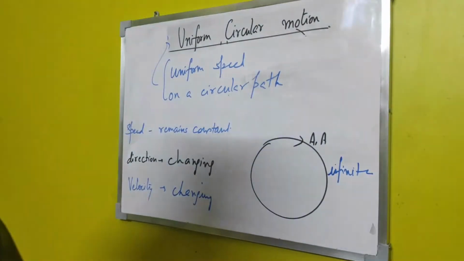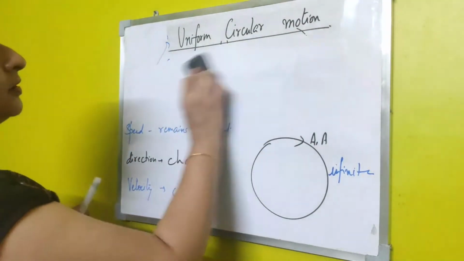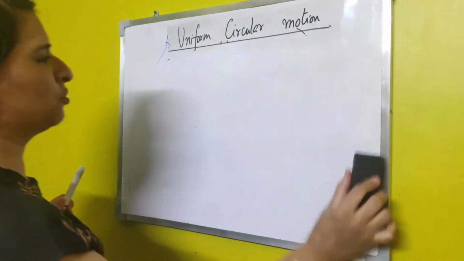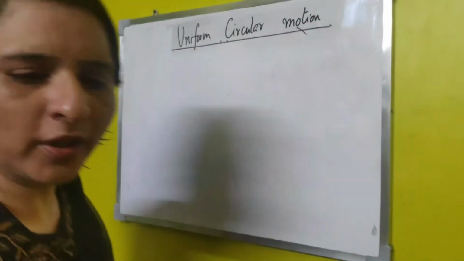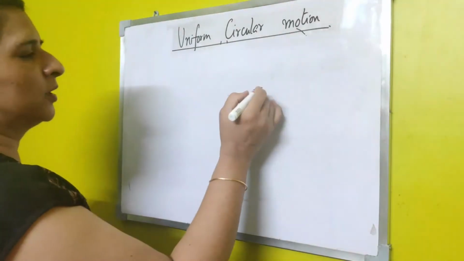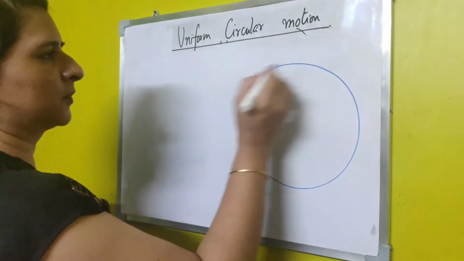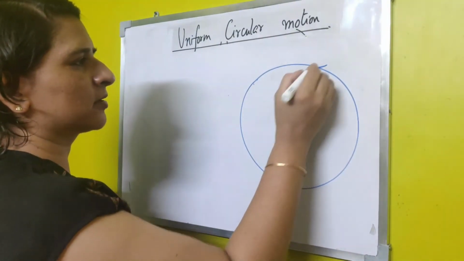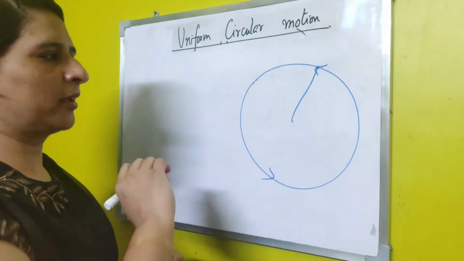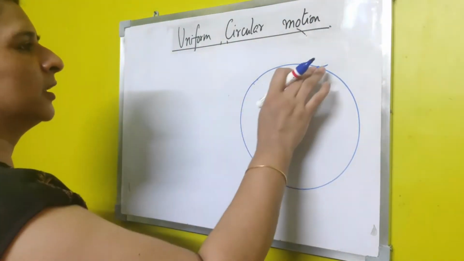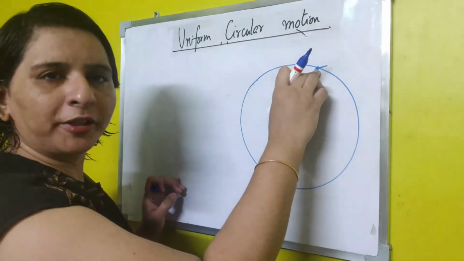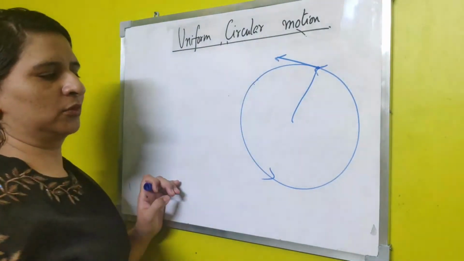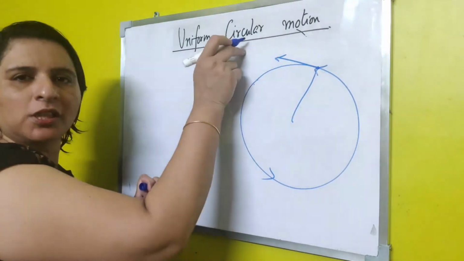Now, let us talk about a practical situation where the object is in circular motion. Let's assume there is a stone which is whirled in a circle. It's tied to a thread from the center, and it's moved on a circular track, assuming the speed is constant here. Now, if the thread breaks here, you will observe the stone goes in this direction, the tangential direction to the circle.